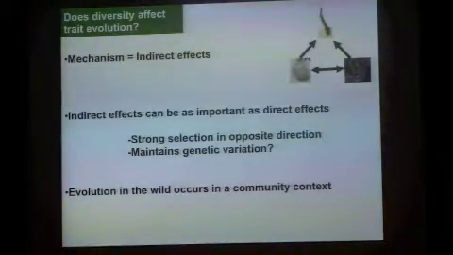So in this case, diversity does seem to affect trait evolution. If we go from a 2-species system to a 3-species system, those indirect effects you see in that more complex system change the way that population evolves. We don't know what happens if you go to a 4-species system. You might get even more complicated indirect effects that could potentially change the story back in the other direction.